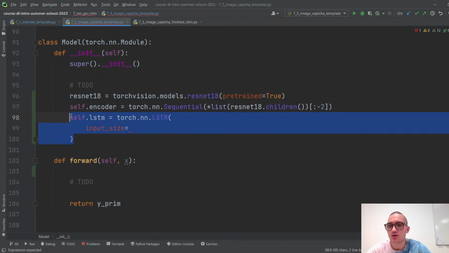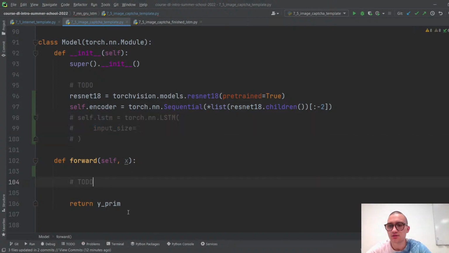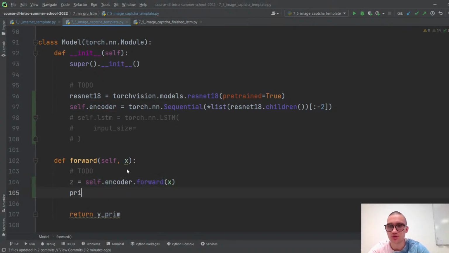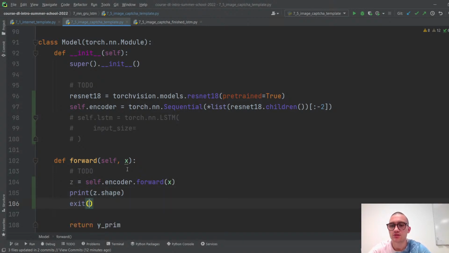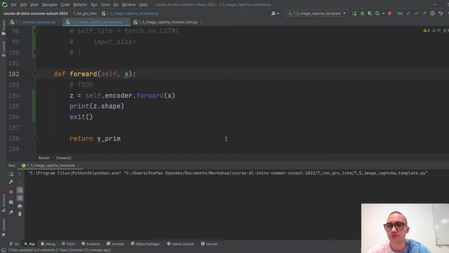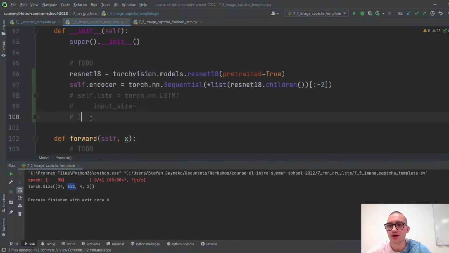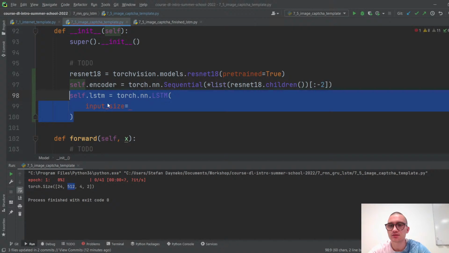This one commented. Let's add line to forward. So now we have our self encoder dot forward our x, and let's see which shapes do we have. Z dot shape, exit. So we will check out which shape LSTM should take. LSTM have 512. Now we can uncomment it and write 512 is the input size,